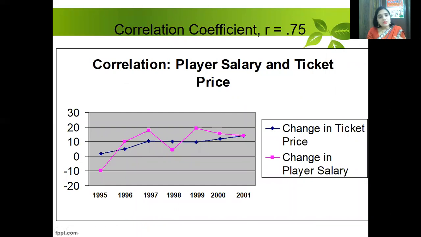Then this is how you can generate your graphs also as per correlation, like the change in ticket price is shown with the blue line and the change in player salary is shown with this pink line, right? Then you can see that both are increasing. In actuality, these two things do not have any correlation with each other. These are totally different things, but still they will show that they are correlated